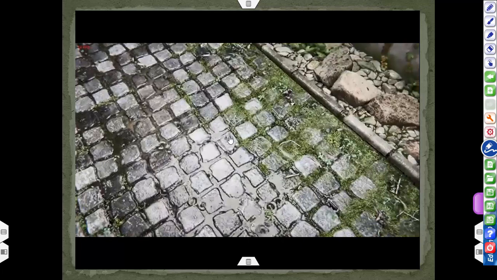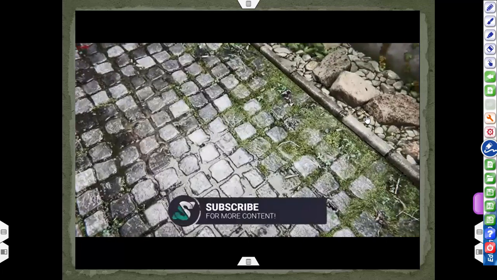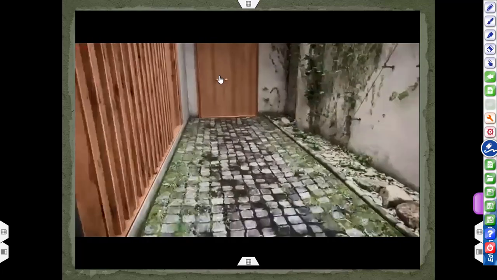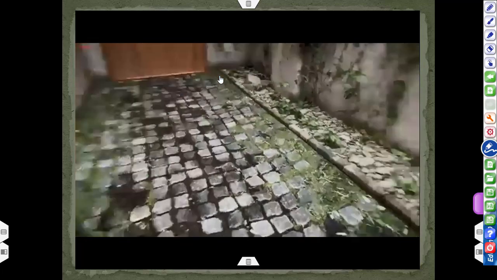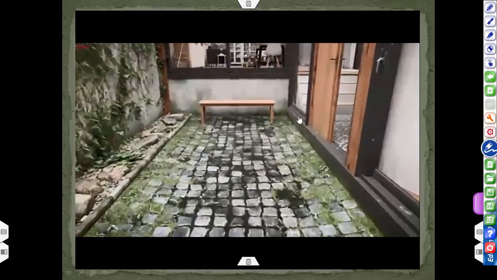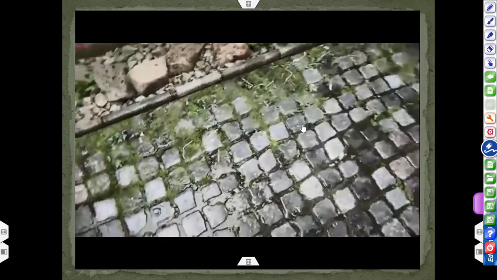These are brick textures, stone textures. Here you can see wooden textures. So it means using good texture mapping we can achieve realistic images in our virtual environment or in any game.